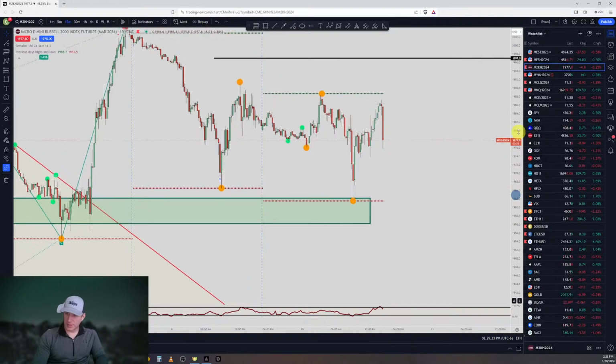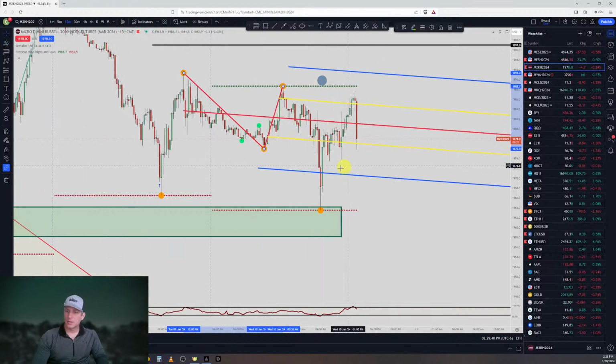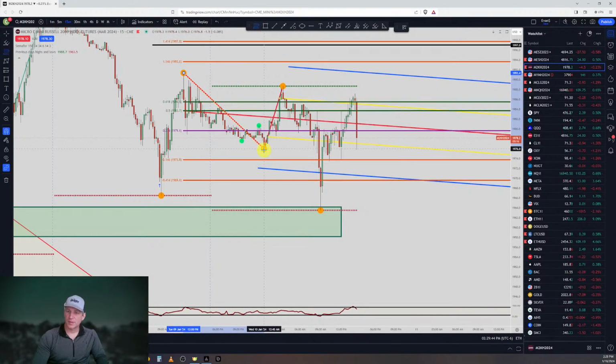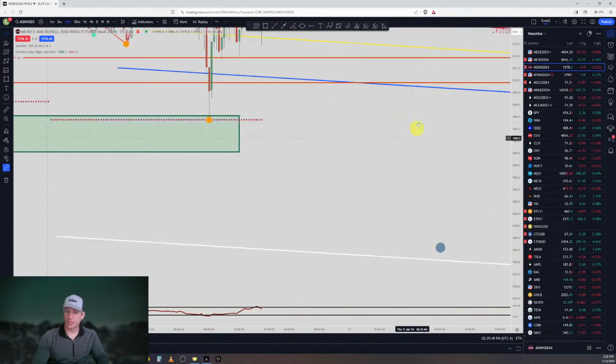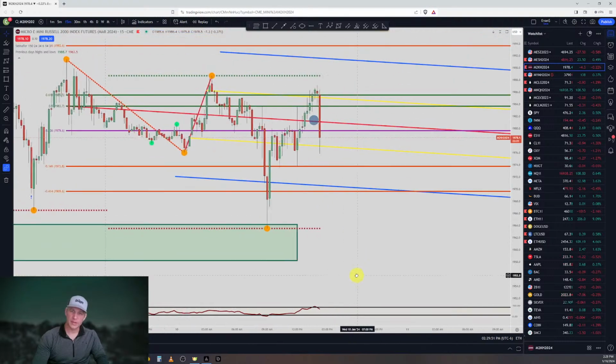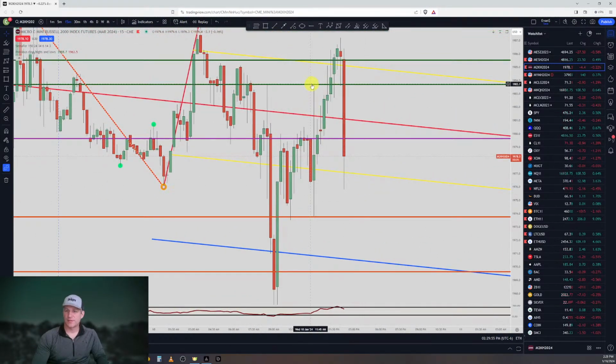Is there anything else in here? There's an ABCD right here. So it did close below it, but I think what happened with this one, yeah. So we were initially looking all the way down here, the white one being the short target for that, but price went up, hit the 50,